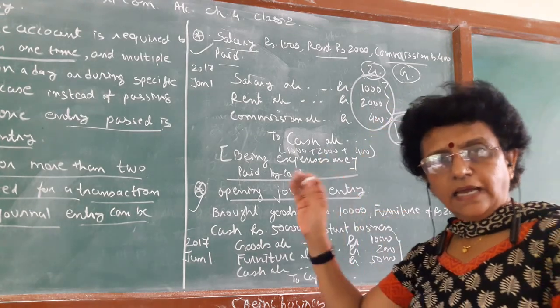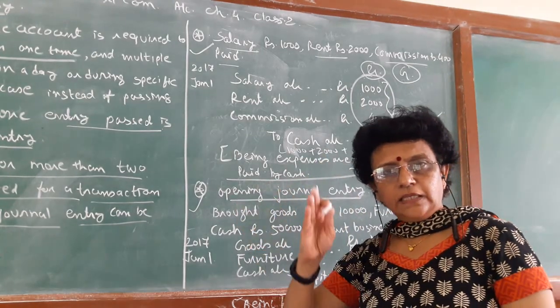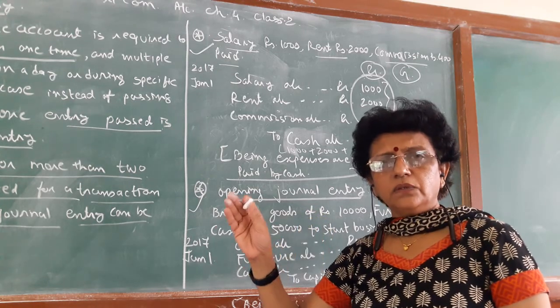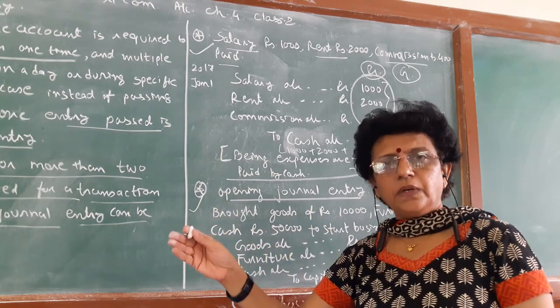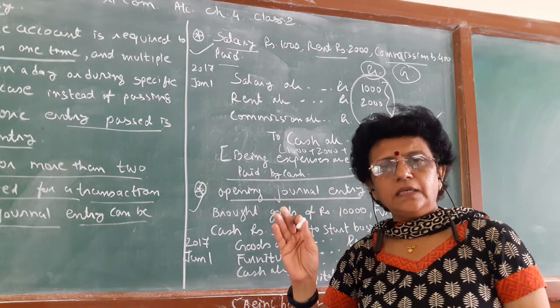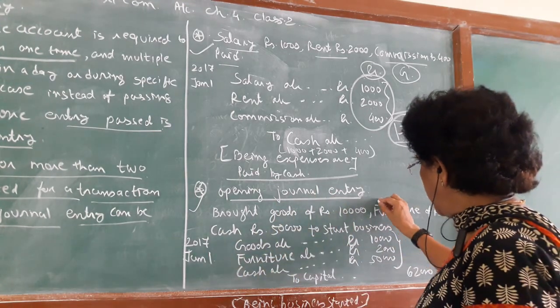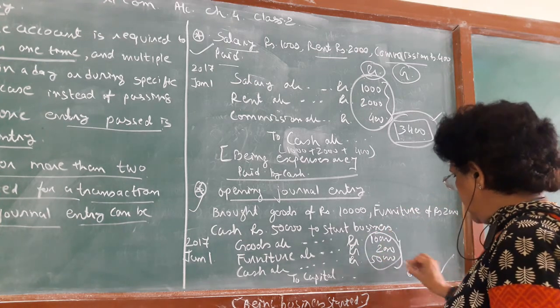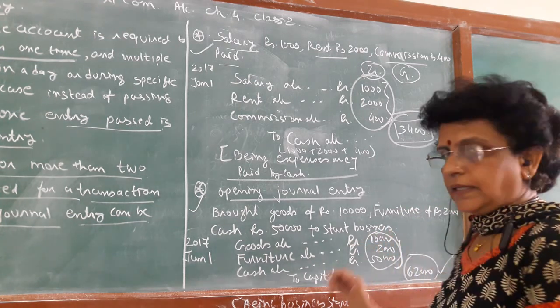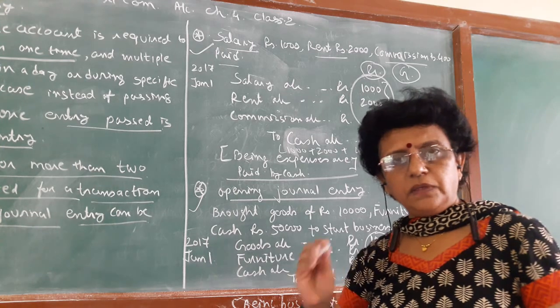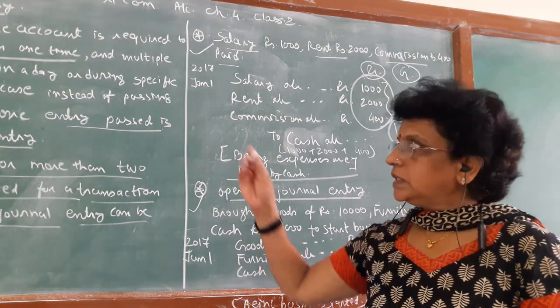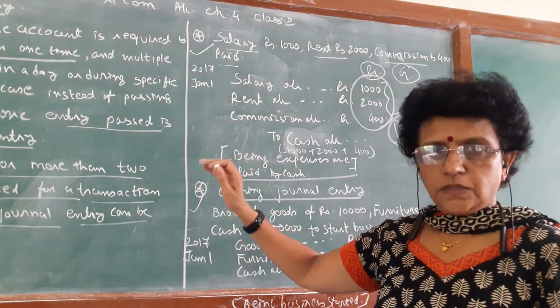Then only at the end will our equation, A equals C plus L, the fundamental basic equation of assets and liabilities, tell you. So always the debit total must be equal to the credit total. That is our basic concept. So this is another concept of journal.